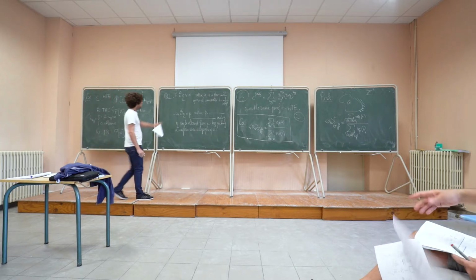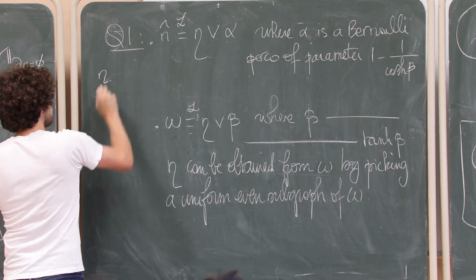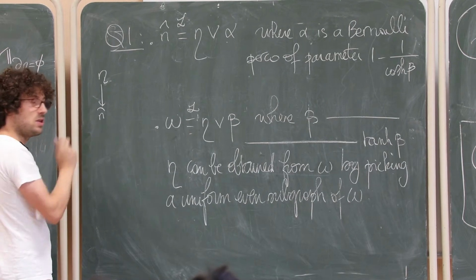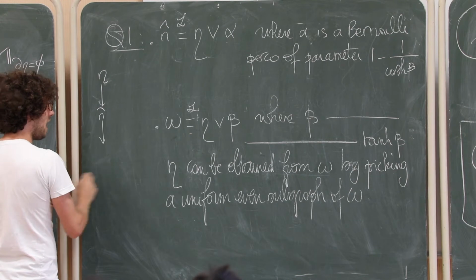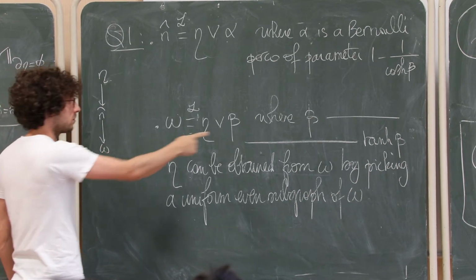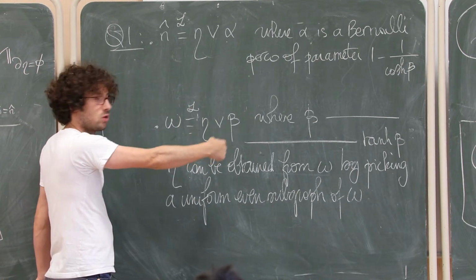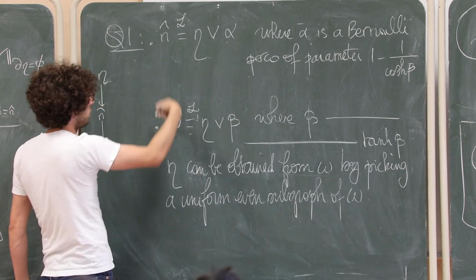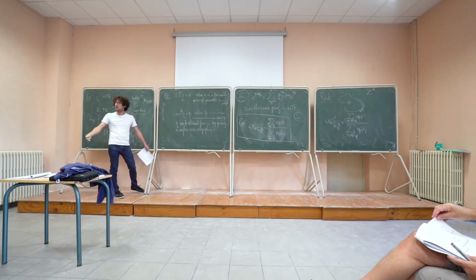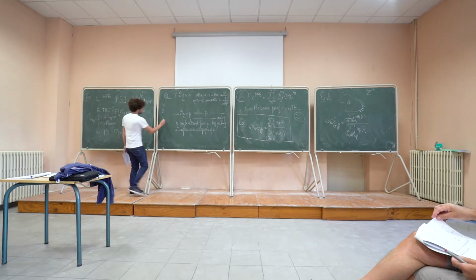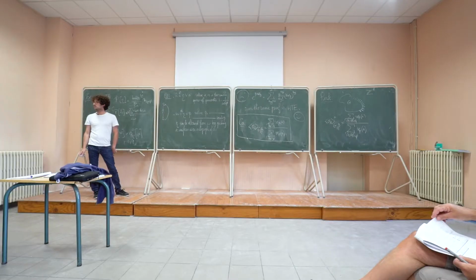uniformly. So this is the procedure if you want to go from eta to n hat by opening edges according to this distribution. You can actually go from n hat to omega by opening edges, right? Because these are two Bernoulli random variables. So I could also have told you, prove that omega is n hat sup with some gamma, where gamma is the right distribution. And to go back there, you pick a uniform even subgraph at random. Okay?